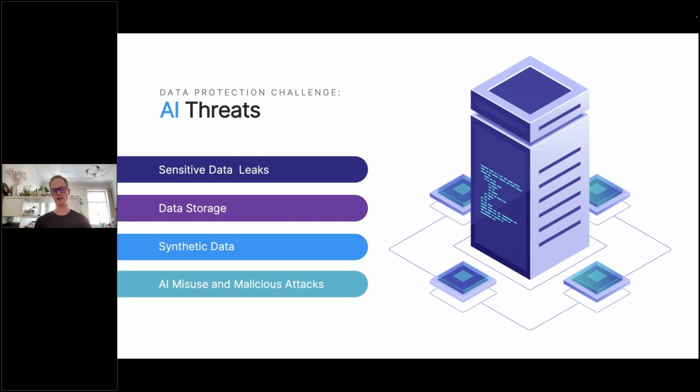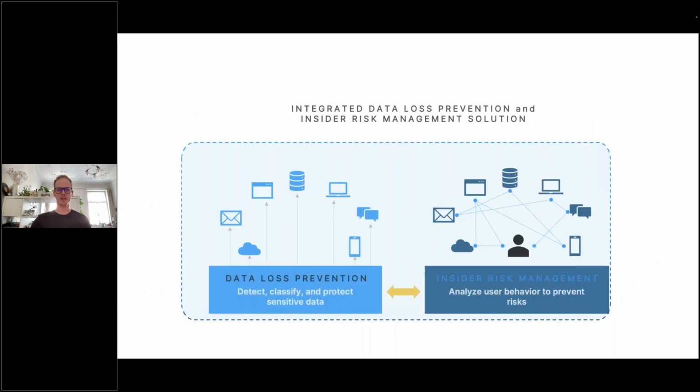And naturally, last but not least, the misuse of AI or any malicious attacks being done in conjunction with AI. I believe the topics above kind of summarized all of that in terms of how it can be used in potentially nefarious ways. And more often than not, it's not meant to be nefarious. It's just people trying to do their job. They're just trying to work in one way or another. And at the end of the day, unfortunately, the weakest link for the majority of anything cybersecurity related is going to be the human aspect. Everybody makes mistakes. That's just how it is. But we want to be able to reduce that and make your environment as secure as it can possibly be.